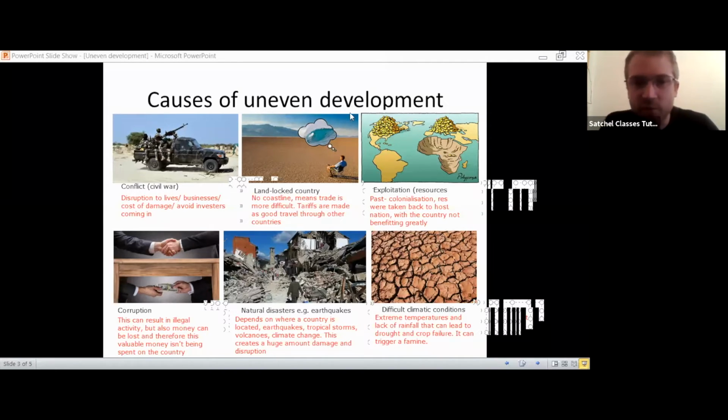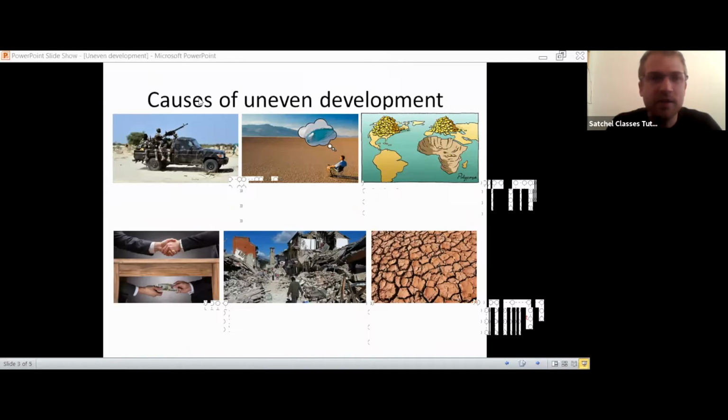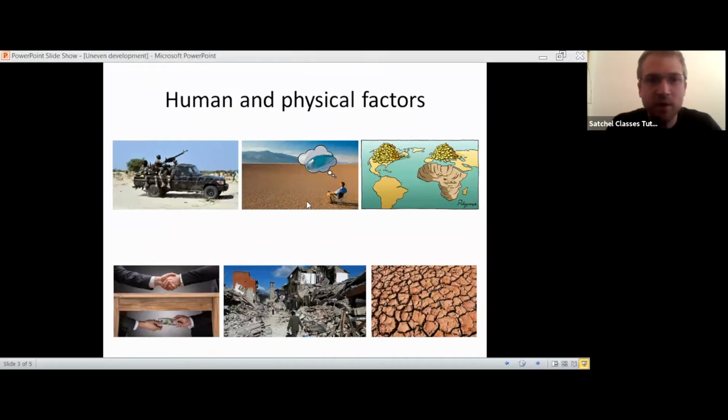So these are just six. Ultimately, the world's not that simple, and there are a huge number of different factors that will play a role in this. So what we'll do is look at these and categorize them between human and physical and natural factors. So these were the causes, so let's move on to the next one. Are they human or physical? Are they man-made or natural factors? We will highlight the human as red, and the physical, the natural stuff, as